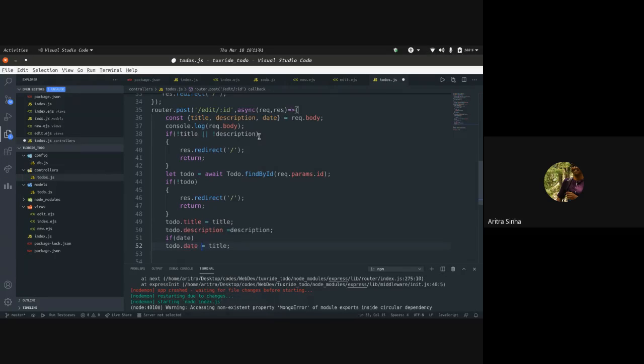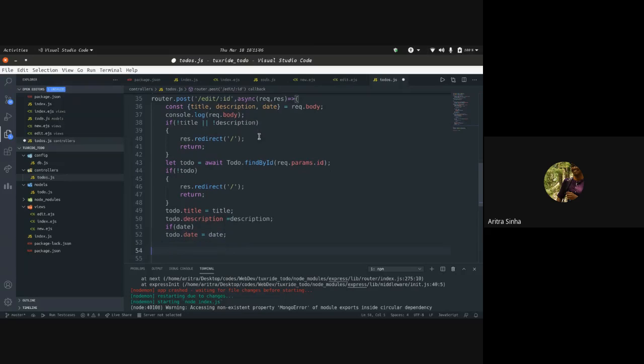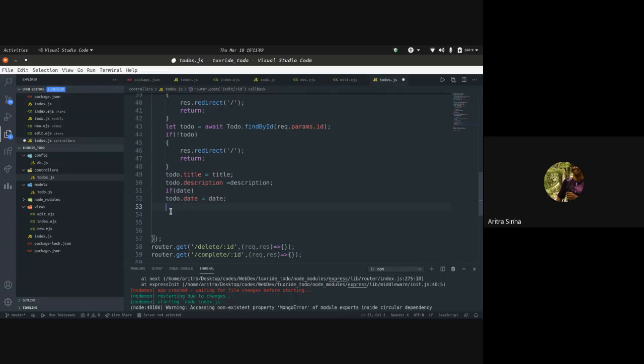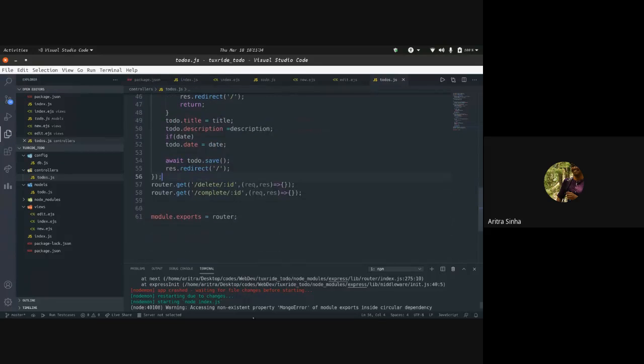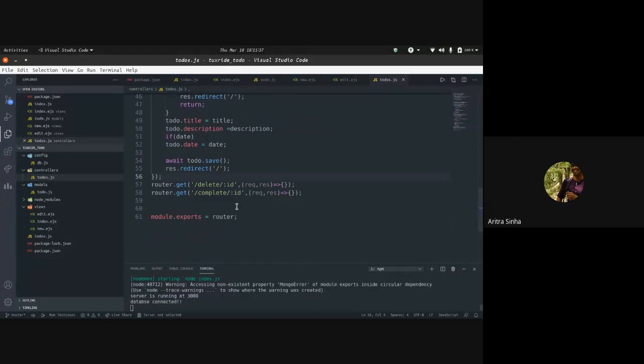So date equal to date, fine. This should do all of it. Now await todo.save, to save whatever changes we have made, and after that redirect to the home page again, so that we get an idea of how things are happening. Cool.